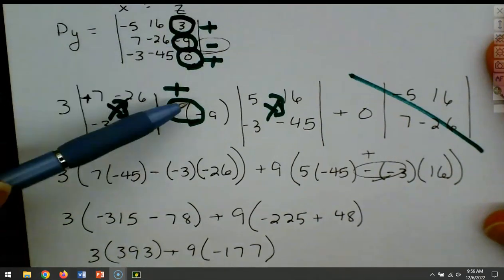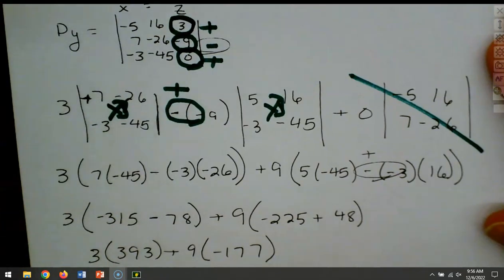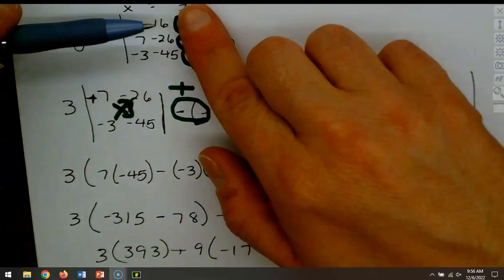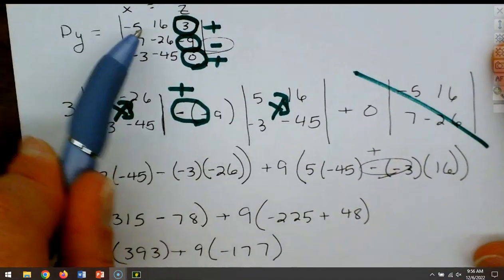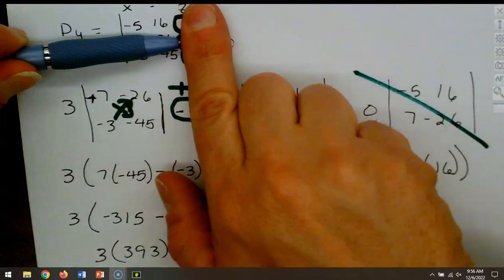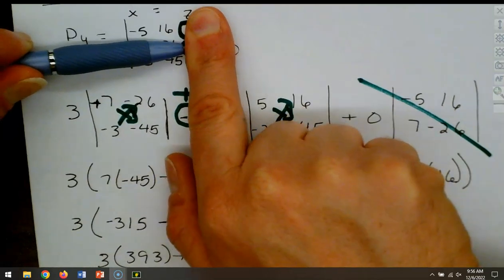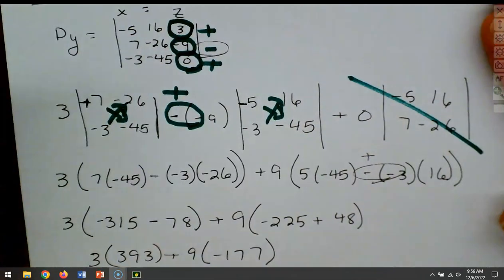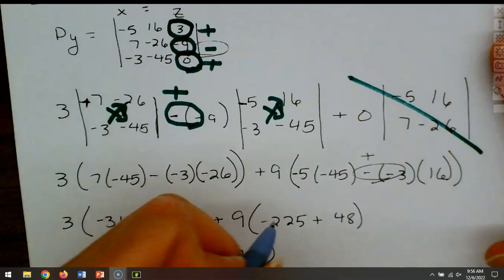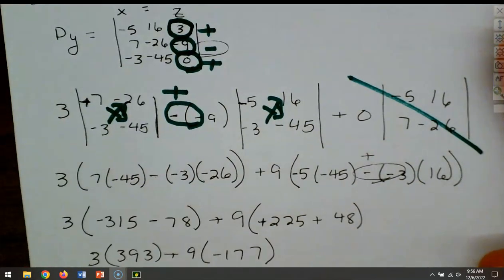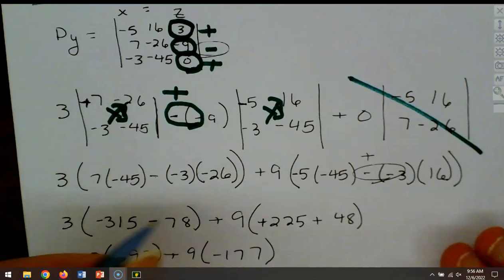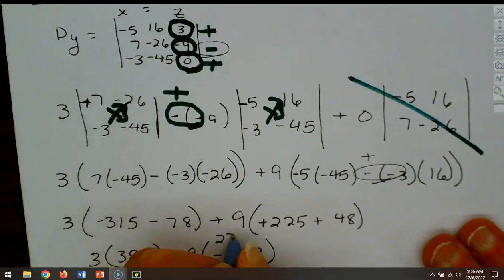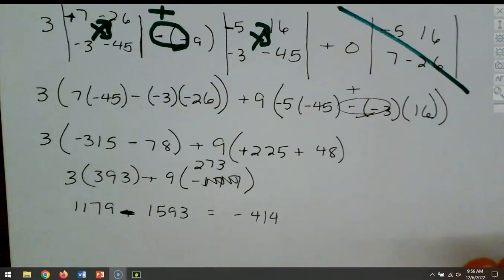Okay, looking down the side, double negative, made that positive. Crossing here and here, and that's 5. Oh, there it is. Yep, I knew there was a mistake somewhere. When we look here, it should have been a minus 5. My mistake. Okay, so minus and minus makes that a plus. So that is then going to change that into be 225 plus your 48, which is 273, and hopefully that'll fix it all. So that should be a positive 273 there,